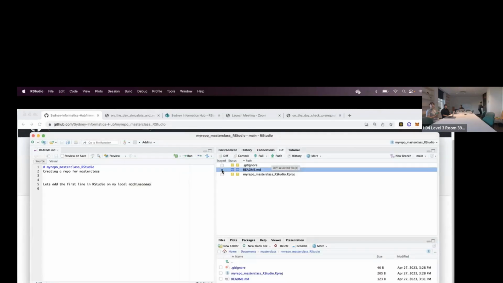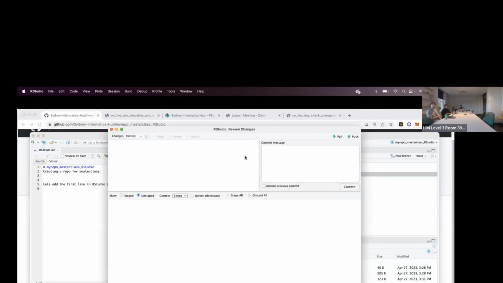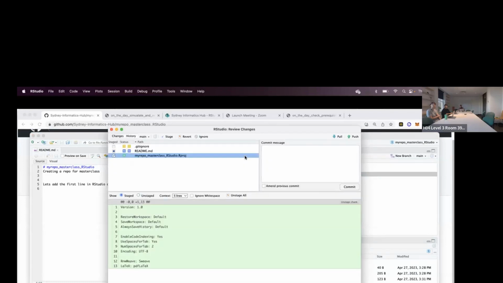Okay, so what you have done is you have just staged this particular file. Like I said, the standard practice is to always stage the .Rproj file, which contains a lot of metadata about the project, for committing and pushing back. For the gitignore file, we don't have anything, but if we had something in it, we could have just clicked on it and said, okay, stage them. But all files which are recorded in the gitignore would not be pushed back. Then comes the next step, where you say commit these changes, and it opens up a pop-up,